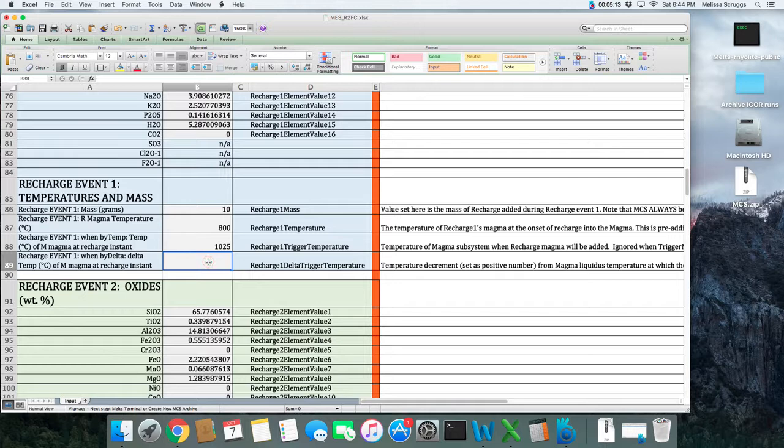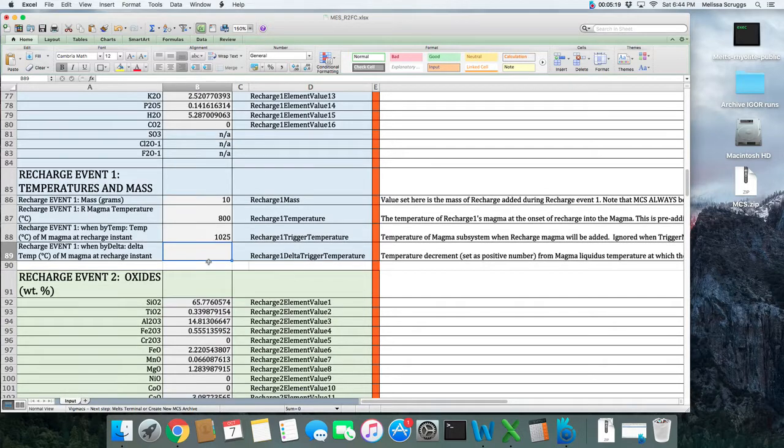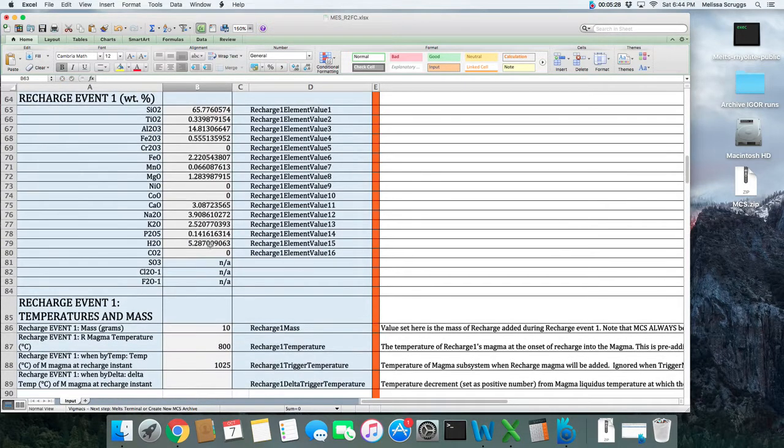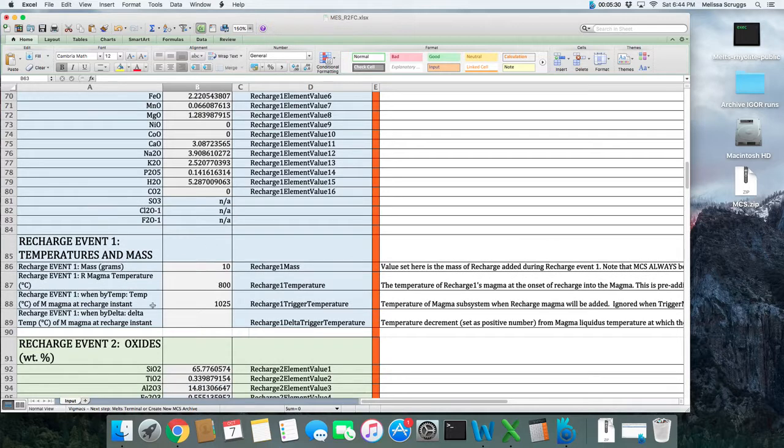The next box you're going to leave blank because we're triggering the recharge by temperature. If you were to do recharge by delta, what you would do is back up here in the first light blue box, type in by delta. And then here, under temperatures and mass, we'd leave the trigger temperature blank, and we'd put some number in for the delta trigger